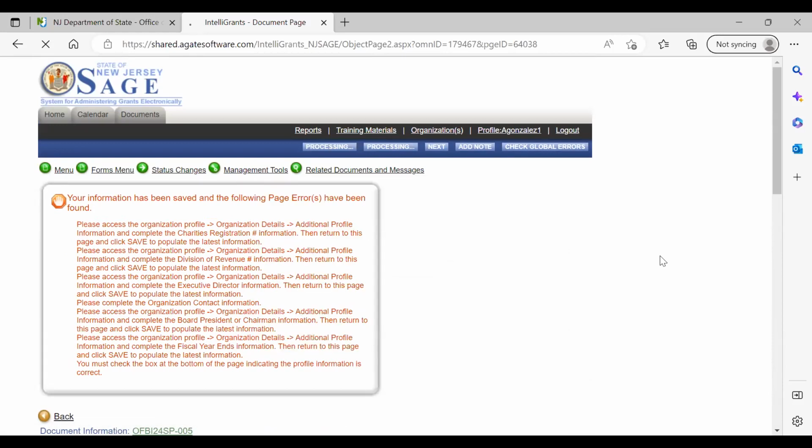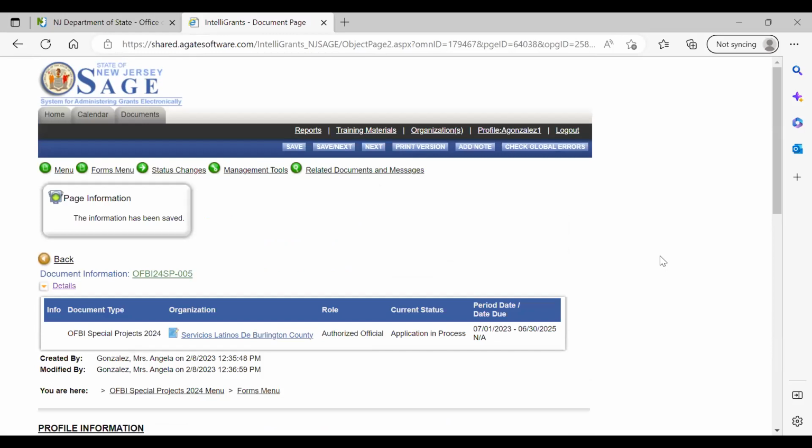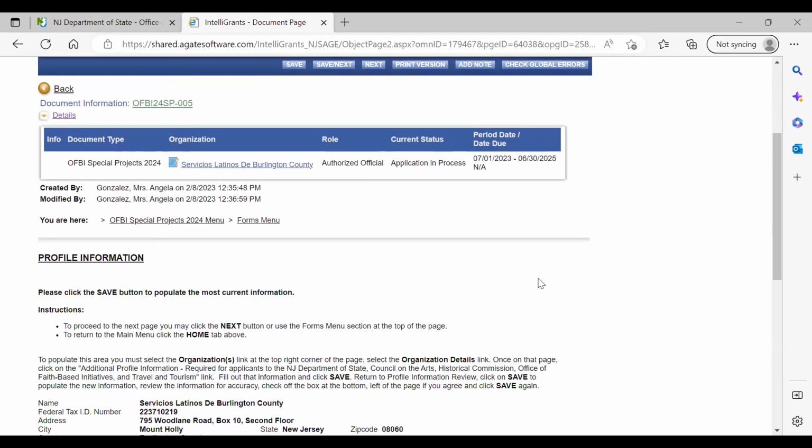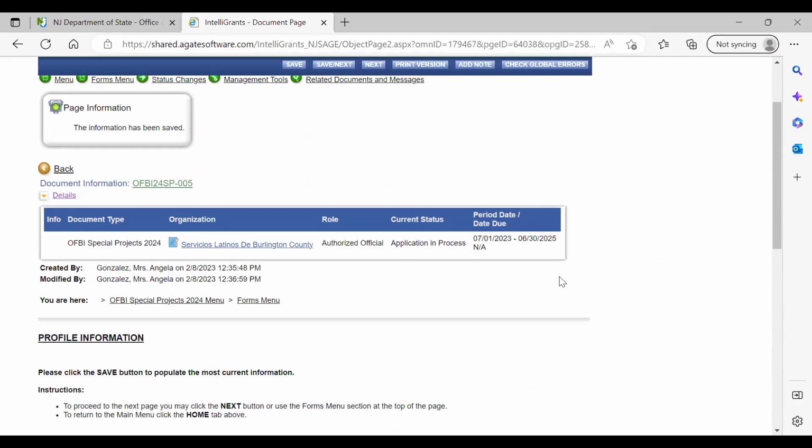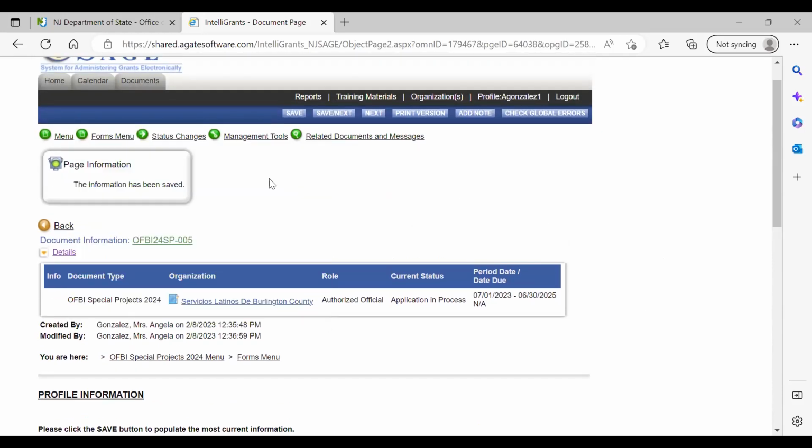And then what's happening is that second webinar that I mentioned in the beginning of this webinar, step 1, additional organizational contact information. What this is doing is migrating all that information that you put on that page in Sage onto this page. Usually what happens is that when you click Save for the first time, there's going to be an error message here that says, some information hasn't been transferred over.